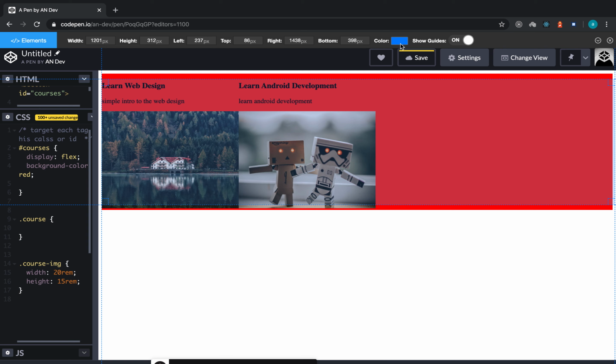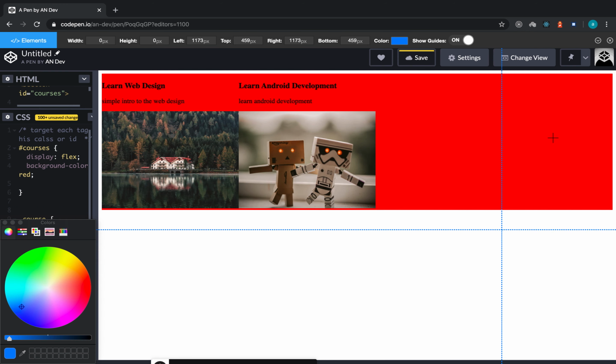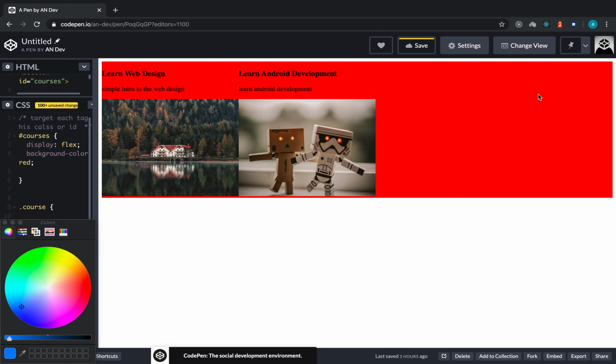Let me just see if I can change the opacity. Maybe I cannot. Okay, let me click on the color. Okay, it's not gonna work. However, here what we can do, I'm gonna just try to show you the X direction. So it starts from here all the way to here. So this is the space in the X direction,